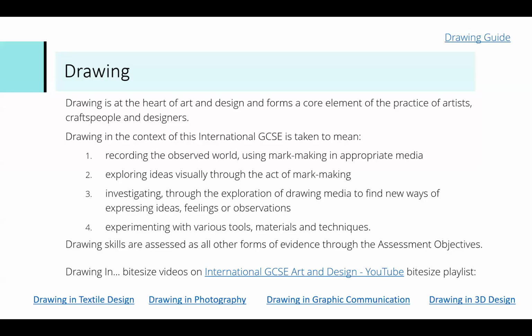Drawing is at the heart of art and design and forms a core element of the practice of artists, craftspeople, and designers. It is a requirement for international GCSE in art and design for students to submit evidence of drawing. And drawing in the context of this international GCSE is taken to mean recording the observed world using mark making in appropriate media, exploring ideas visually through the act of mark making,